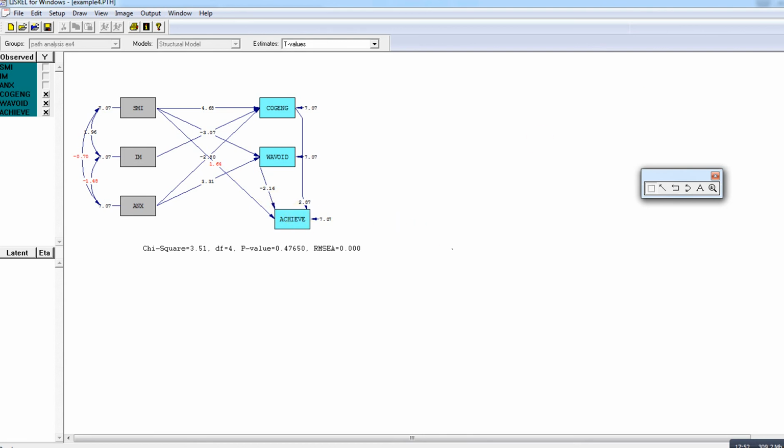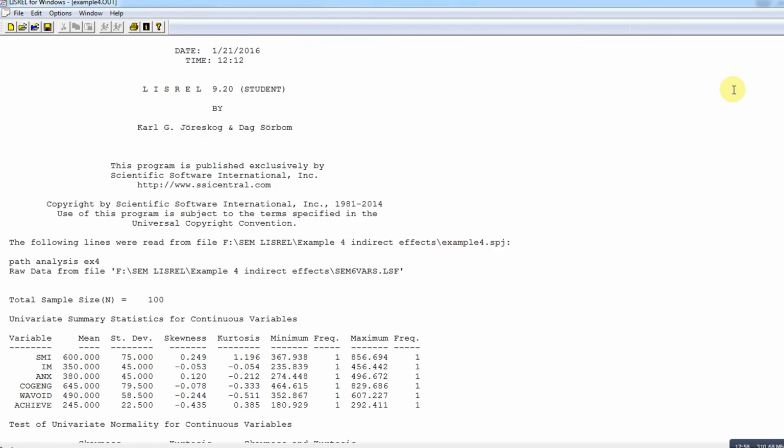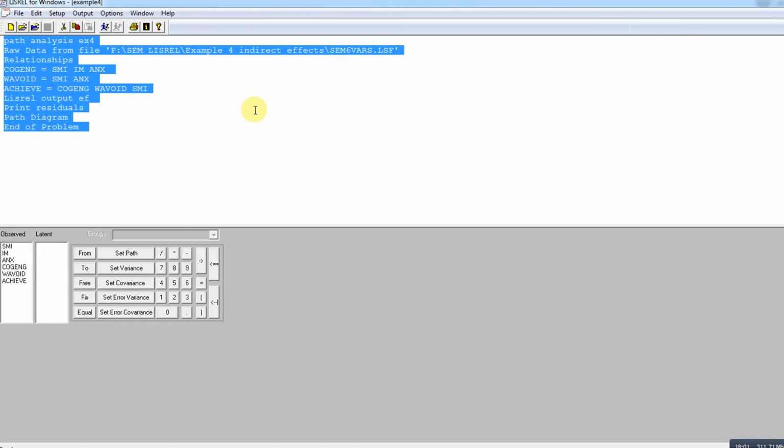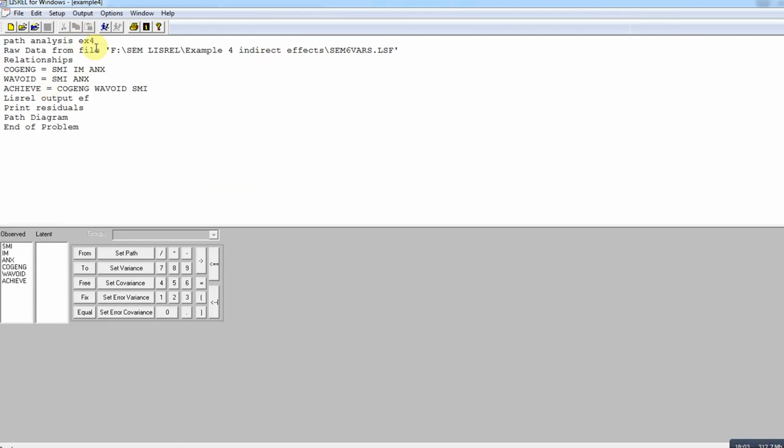Now, if I want to break things down a little bit further, let's go back to our SIMPLIS language here. If I want to also include in my output standardized indirect effects and standardized total effects, which would be interpreted more along the lines of beta coefficients, then I could just type in all right here. So I would have LISREL output all. So then when I run the analysis,